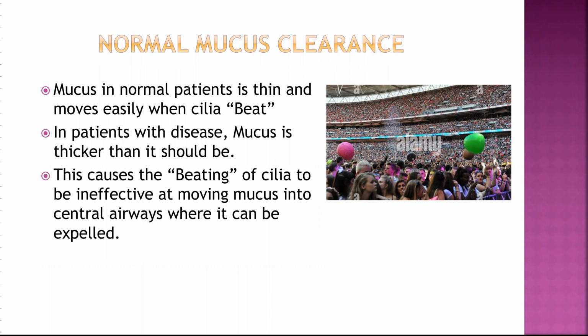around the stadium. In the human anatomy, the beating is to move the mucus towards the larger airways where we can cough it up or swallow it to expel it out of the airway itself. So it's really not too complicated of a process. But to learn more about the physiology piece of it,